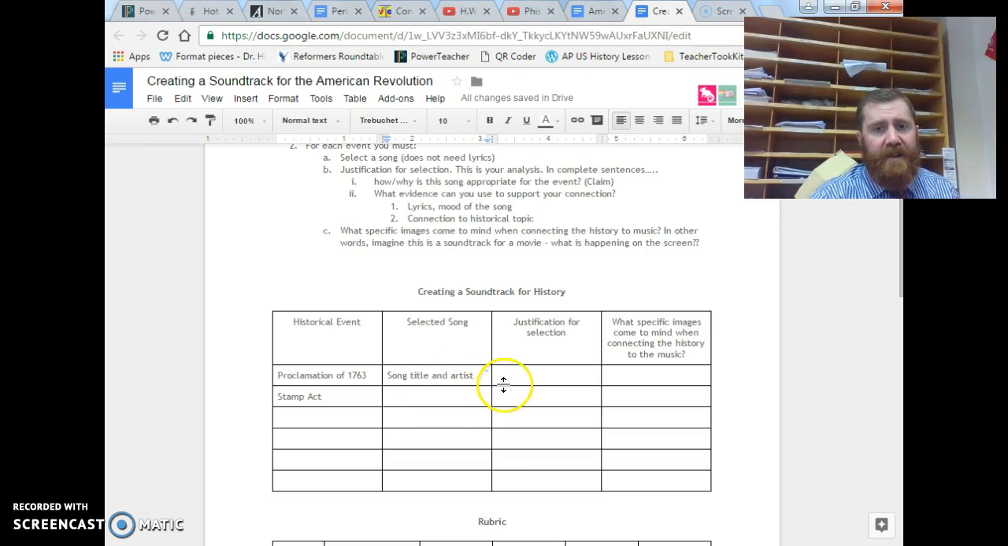So justification for the selection. What evidence can you use? In complete sentences, you need to do 2 things here, and I'm looking right up here. Number 1, how and why is this song appropriate for the event? The song Big Pimpin' by Jay-Z is appropriate for the Proclamation of 1763 because, and you finish that sentence,